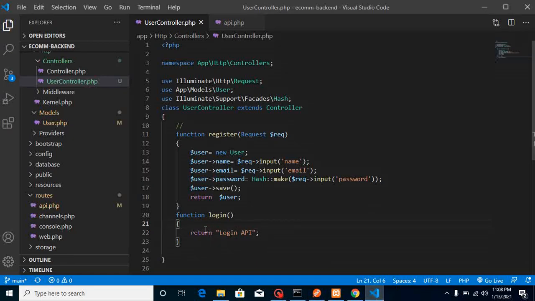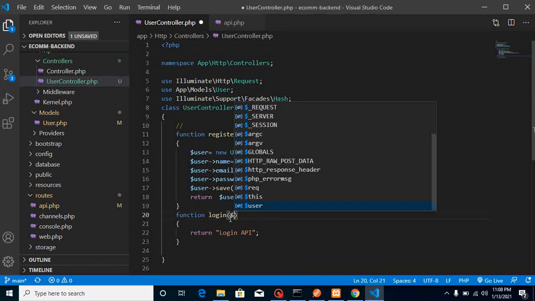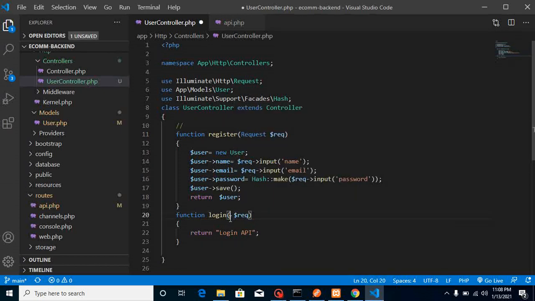So now let's fetch the data from the database. Obviously we will get the data from Postman, so we must use the $request parameter here. It will be of Request type, which is basically a request class, a part of HTTP. And here, let's take a user variable, which will be a User model instance, and here we can put a where condition. And what we will match here is our email ID.